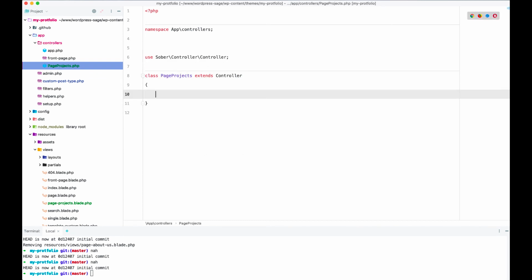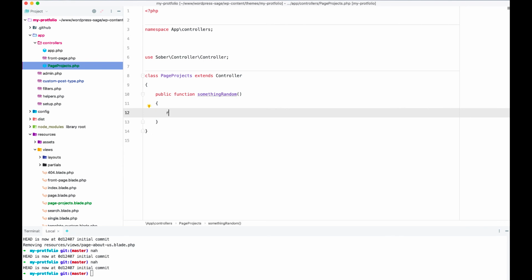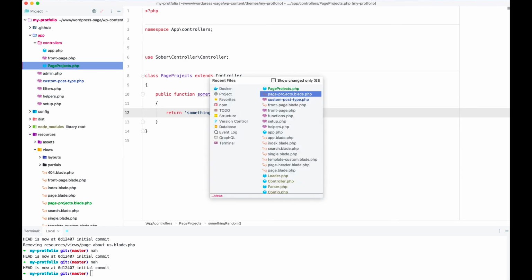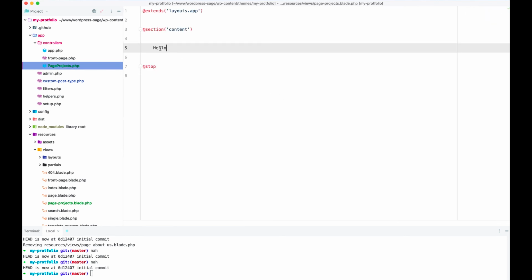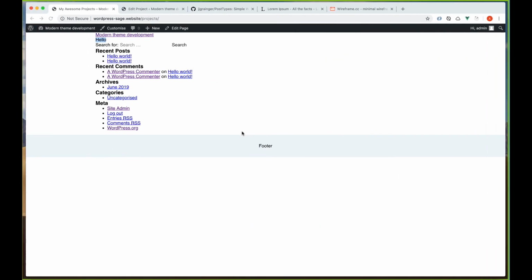And here I will output something random, just to make sure that this controller, using the logic that I talked about in the previous video, is all working. Okay, so that should come there. If I go back to the page projects.blade.php and I output something random, we should be able to see it. So if I come back here,